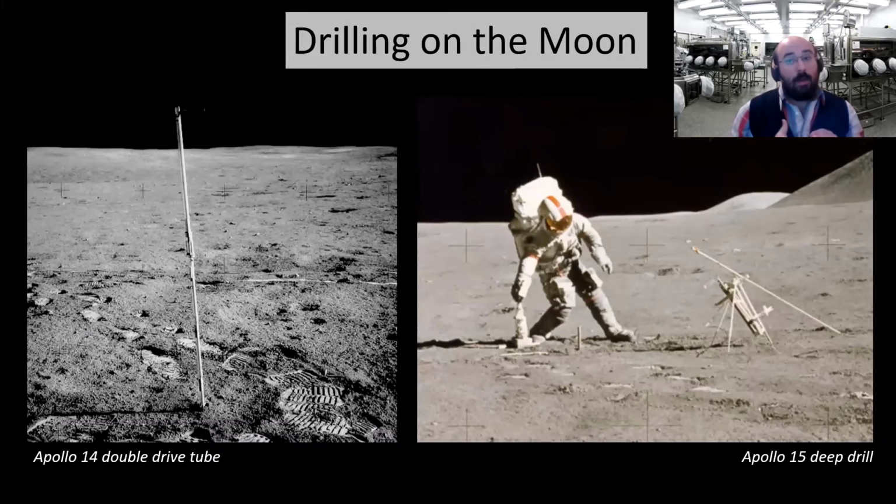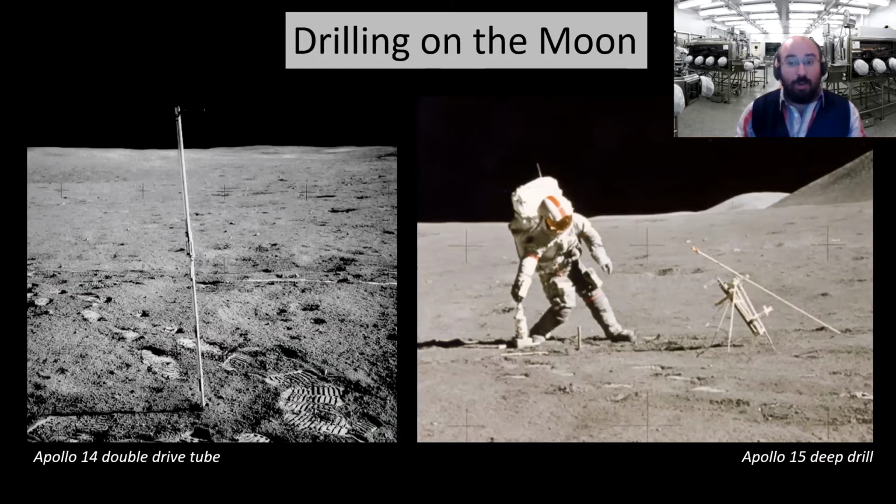So a bit more then about these sample cores. There were 2 types really. There were these so-called drive tubes that were able to sample the top tens of centimeters of the lunar surface. There's a double one shown from Apollo 14 on the left here. And these were hammered in by hand. And I think the maximum sampled through this method was up to 50 to 70 centimeters of the topmost lunar